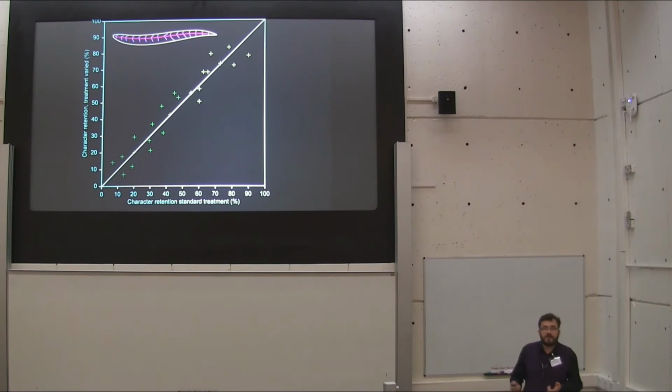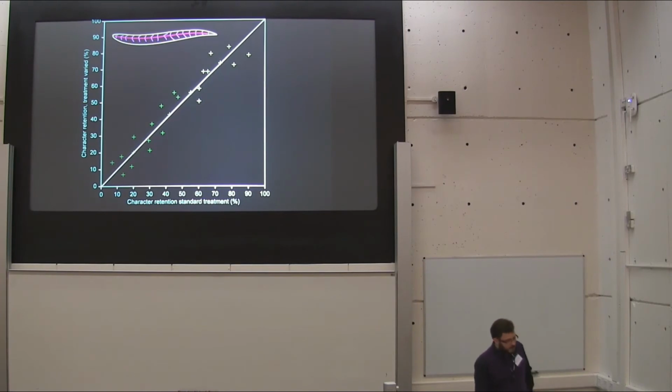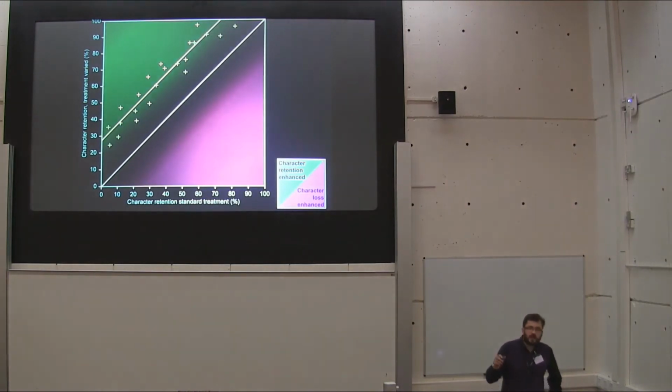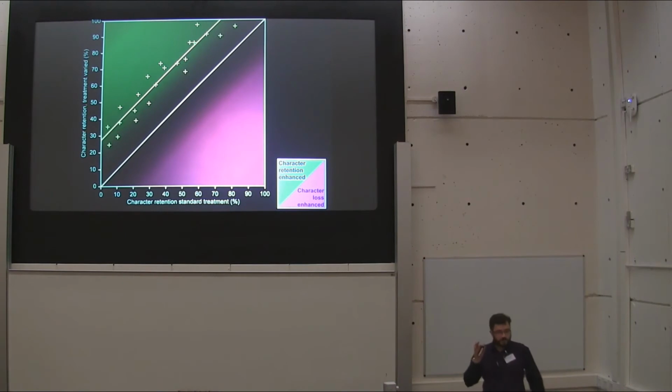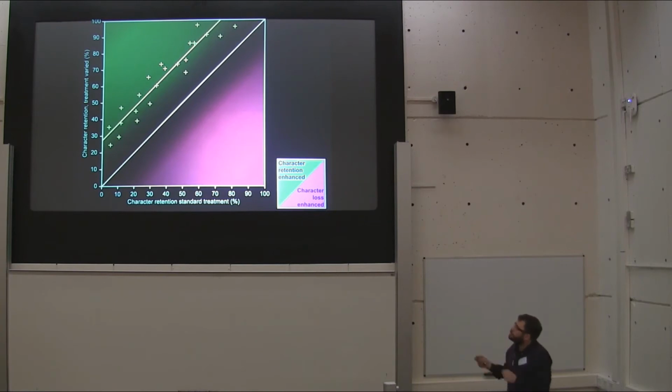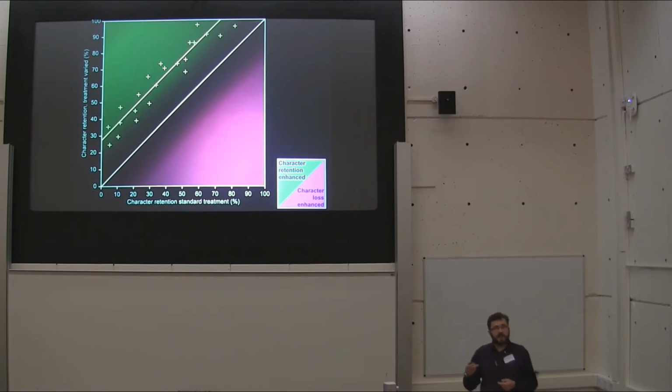And our most decay-resistant characters plot up here, things like the notochord and the myomeres. So where these points plot in this field is informative about the nature of the retention of those characters. If points plot on this one-to-one line, then there's no significant difference between character retention in the null and in the treatment. But if they plot up here in this field, then we've got an enhanced character retention in